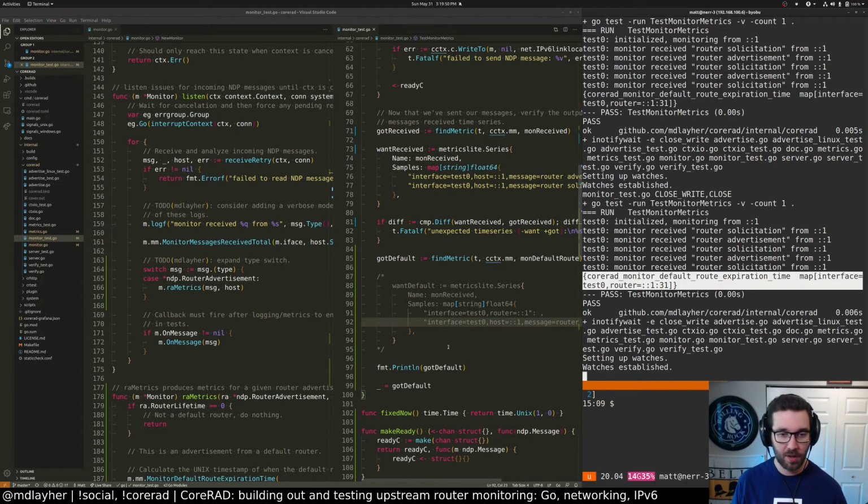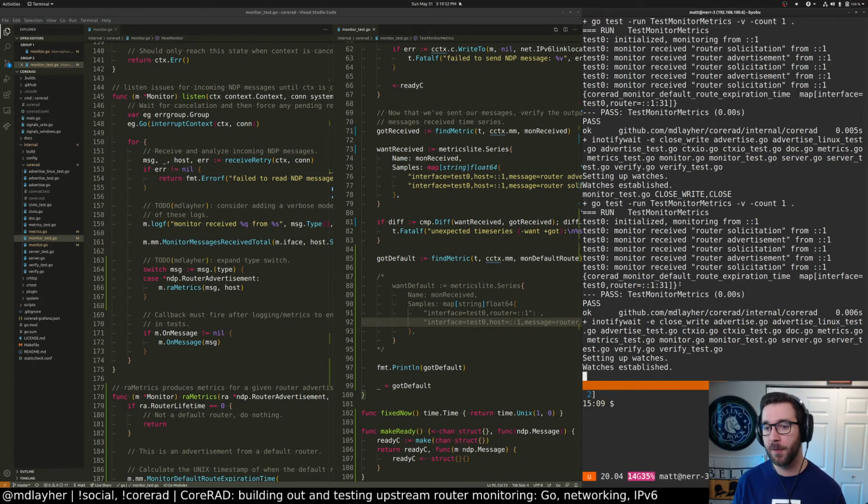Awesome. So that looks like the time series we want. It says the default route will expire at Unix time 31, which is 1 plus 30, which is exactly what we want. So